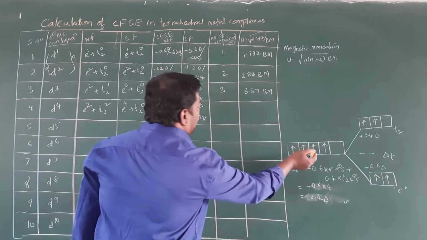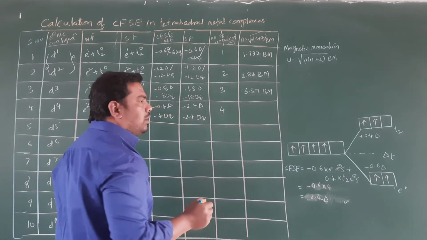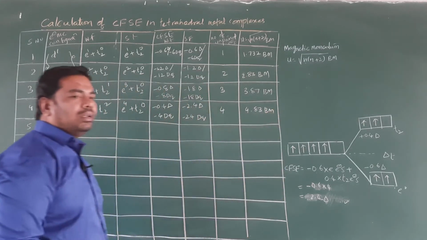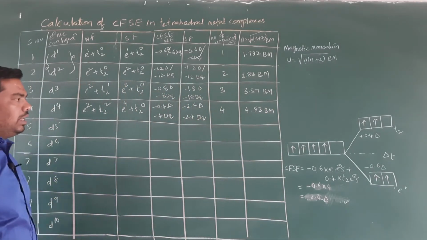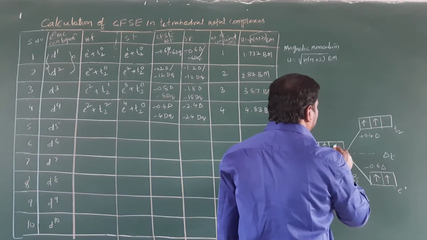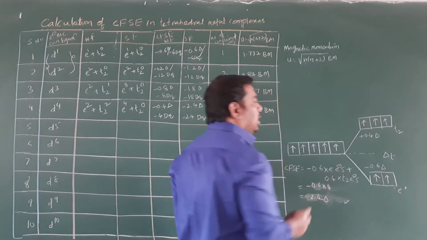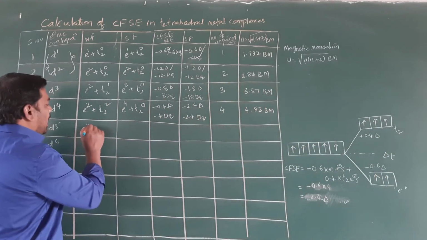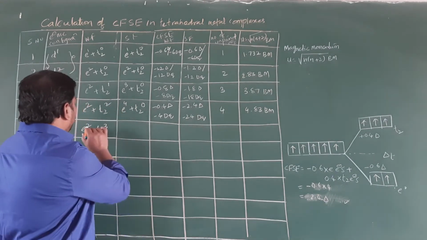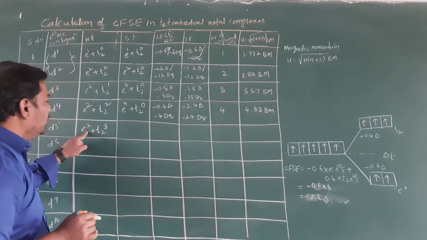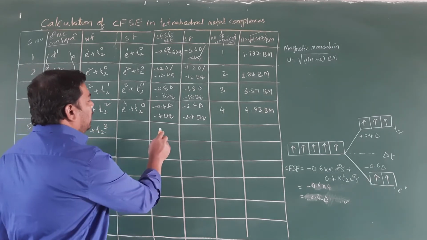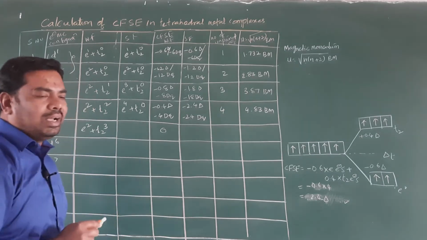Clear? Here the number of unpaired electrons is 4. If the number of unpaired electrons is 4, the magnetic moment is 4.83 Bohr magneton. Clear? Right. So next, the D5 configuration. In D5, if it is weak field, then the next electron is placed into this level only. So the configuration becomes E2 plus T2 3. Which means minus 0.6 into 2 plus 0.4 into 3, so the value is equal to 0 for a weak field complex, right?